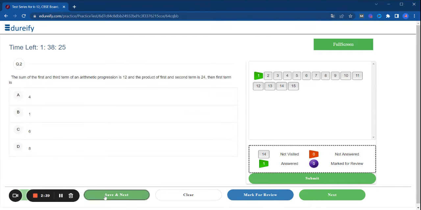save and next. The sum of the first and third term of an arithmetic progression is 12 and the product of first and second term is 24. Then the first term is 4, 1, 6, 8. So the correct answer is,